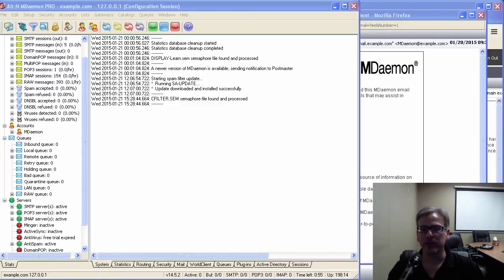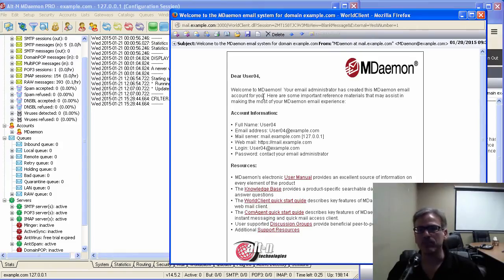Today I'm going to show you how to configure MDaemon to notify a designated user anytime a new account is created in MDaemon. The way we're going to do this is we will use the content filter to send that notification message to a user of your choice whenever it detects the new account welcome message that is sent out to new users. So in other words, it's going to look for the transmission of this message right here. This is the new user welcome message that is sent to new users, new accounts by default. This message contains the full name and email address of the new user, as well as other bits of information